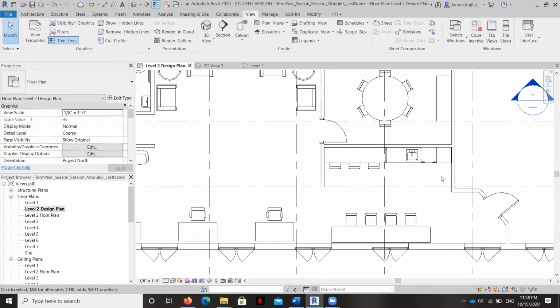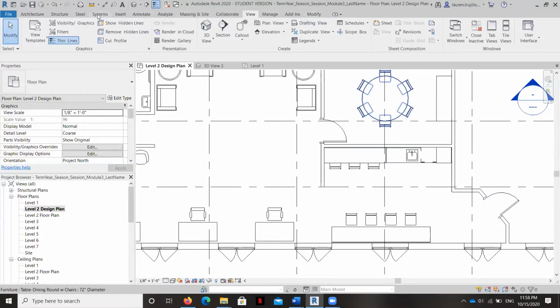So we're going to show just a really basic demonstration of how to create a filled region here. We're going to talk about how to create it and modify the shape of it, and then how to change the contents. And then the last thing I'm going to do is teach you how you can use this throughout the drawing set. So we're going to focus in on this kitchen area right here.